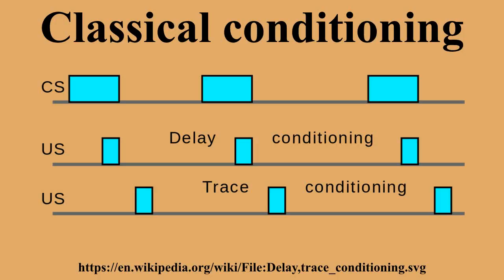Disinhibition. If the CS is tested just after extinction and an intense but associatively neutral stimulus has occurred, there may be a temporary recovery of the conditioned response to the CS. Reinstatement: if the US used in conditioning is presented to a subject in the same place where conditioning and extinction occurred, but without the CS being present, the CS often elicits a response when it is tested later.